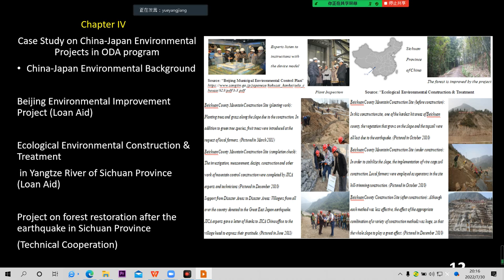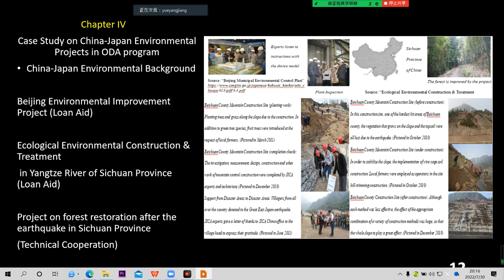And the second one is the ecological environmental construction and treatment of the Yangtze River in Sichuan province. That's also a Long 8 ODA. And the third one is the project on forest restoration after the earthquake in Sichuan province, and that's technical cooperation. Of these three environmental protection ODA projects, I mainly discussed the third one, the forest restoration after the earthquake in Sichuan